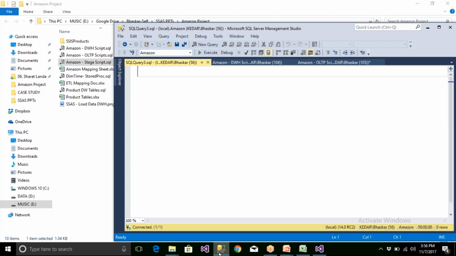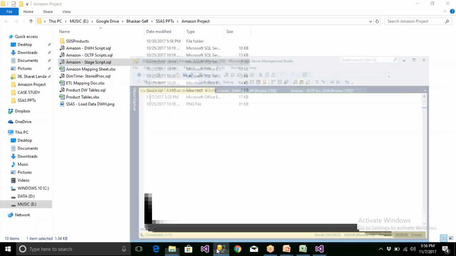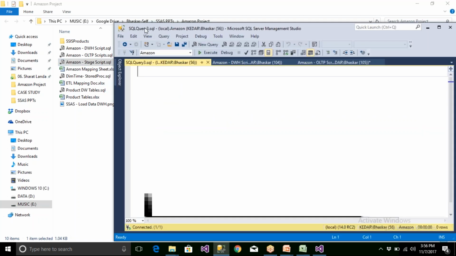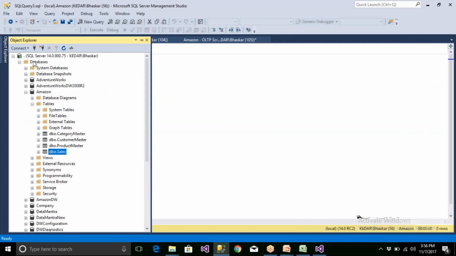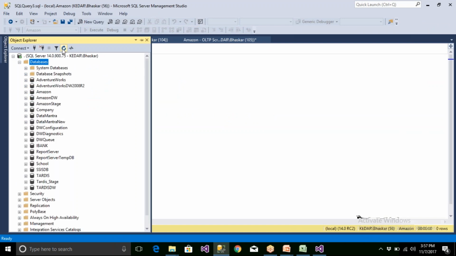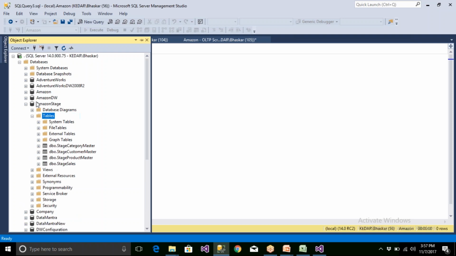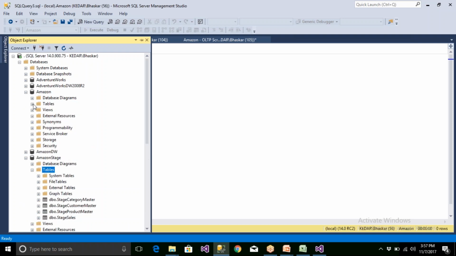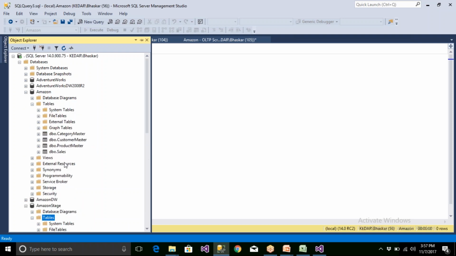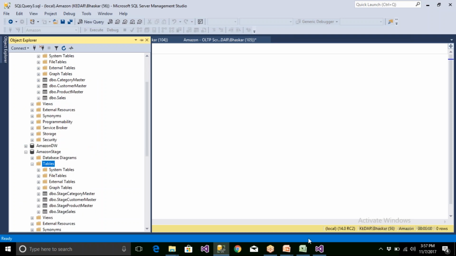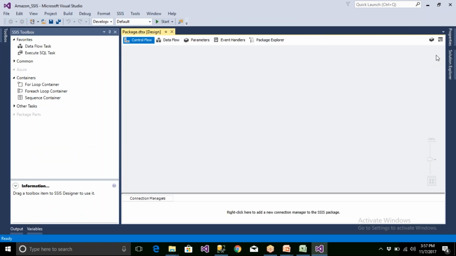So you have three databases now: Amazon OLTP, Amazon Stage, and Amazon Data Warehouse. Whatever tables you have in OLTP, you will have the same tables here, and you have to dump the data from here to here as it is. Let me take a package.